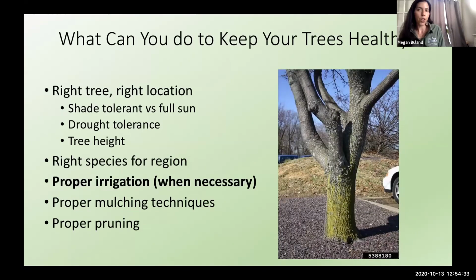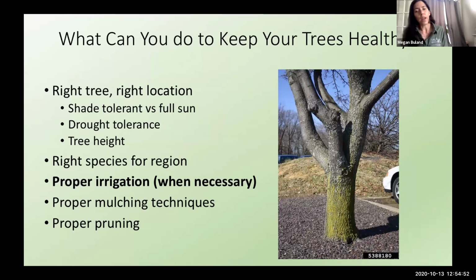Proper irrigation, proper watering when necessary, is really important. And we've talked about proper irrigation and proper watering again and again throughout this presentation. But making sure that it's done the right way is just as key as irrigating at all. Like you see in this tree in the picture here,